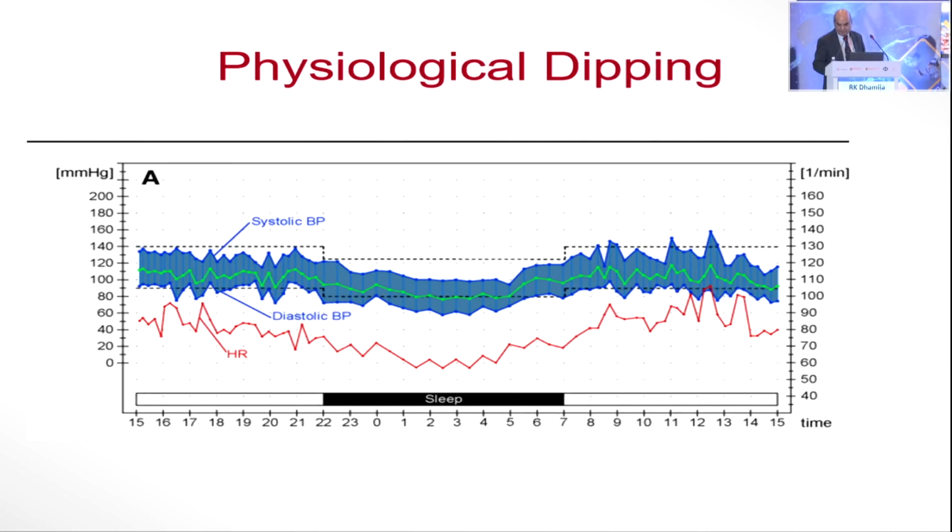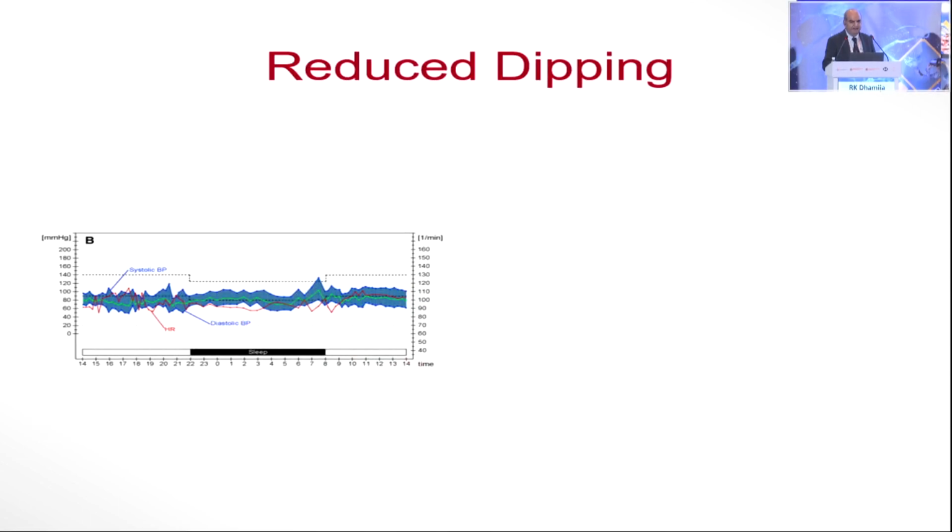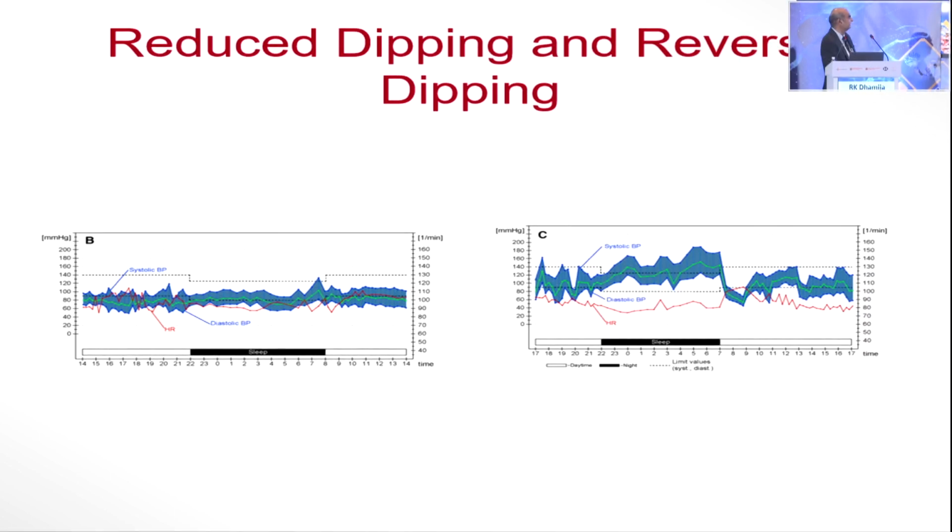You can see from here during the sleeping hours, the blood pressure actually goes down, and otherwise the blood pressure is in the normal range. And you have the reduced dipping when it is less than 10%. During the sleeping hours, the dipping is there, but it is less than 10%. And reverse dipping is when actually the blood pressure goes up during the sleeping hours, and that is something very dangerous and something which has to be